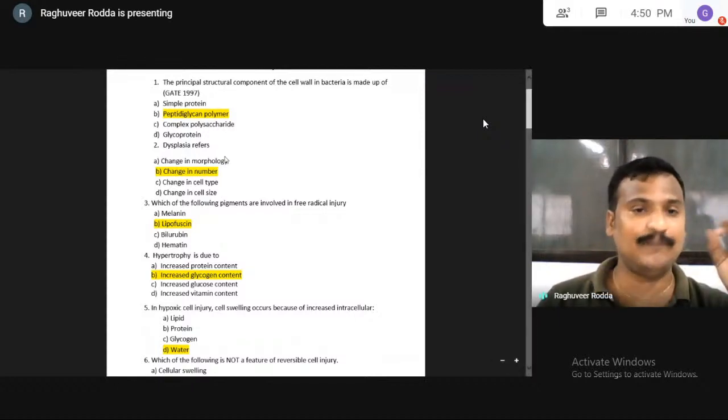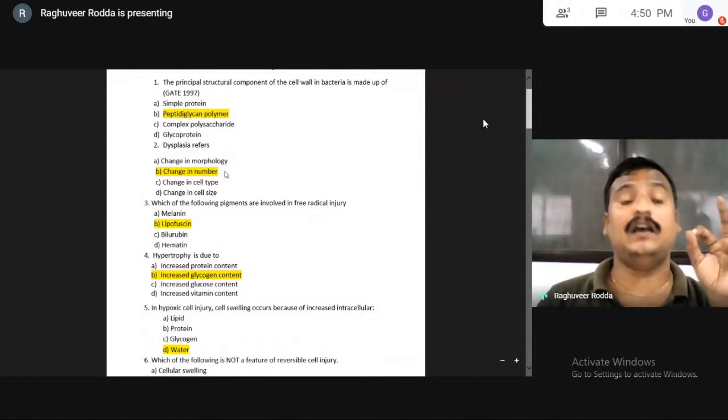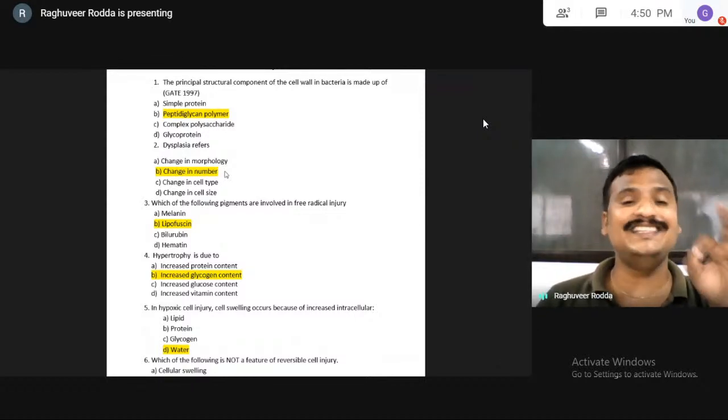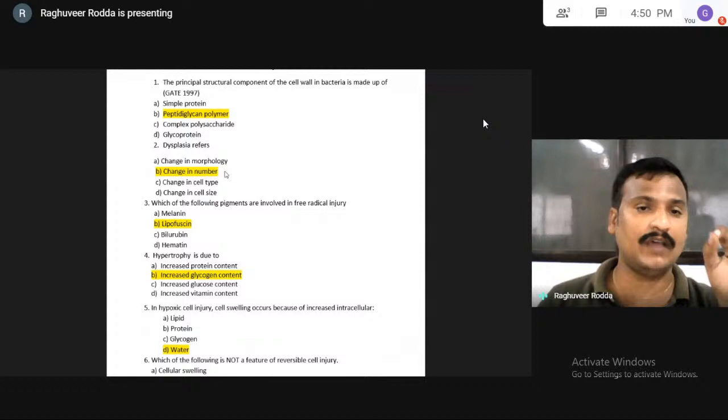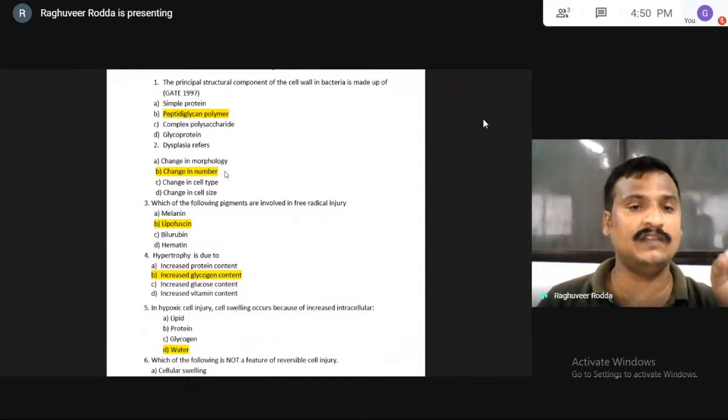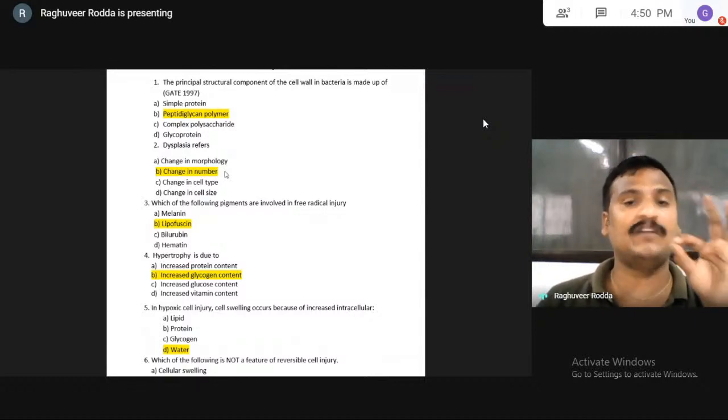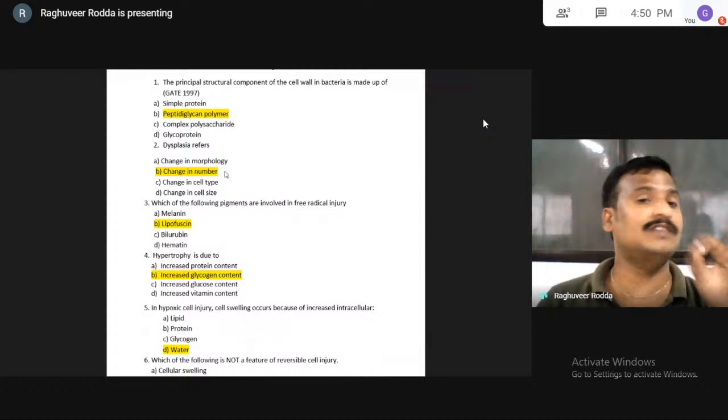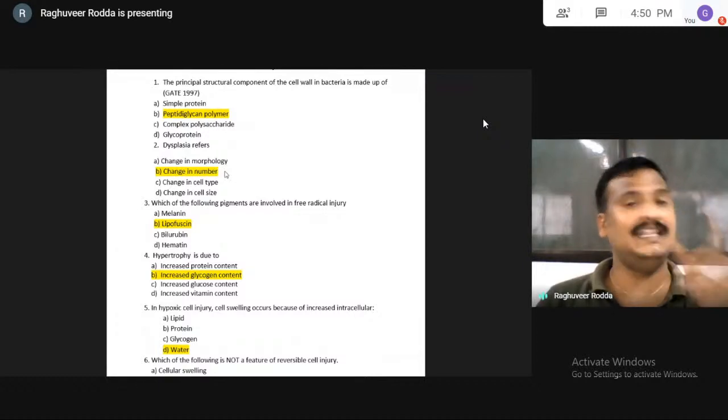So where the dysplasia belongs to change in the cell number. For example, if among the multiple choices there is an option with increased cell number, change in number and improper arrangement of the cell, then you have to select that one instead of just change in number, because along with the change there is an observance of improper, abnormal architecture.